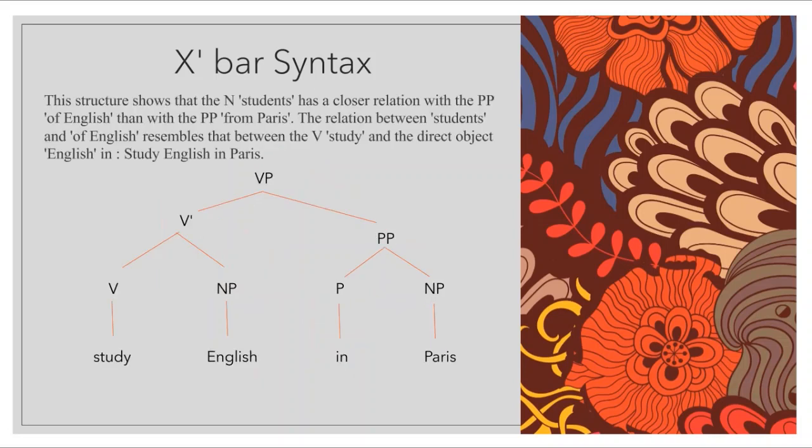This structure shows that the N students has a closer relationship with the PP of English than with the PP from Paris, the same thing that I said. The relation between students and of English resembles that between the verb study and the direct object English in study English in Paris. So they have the same